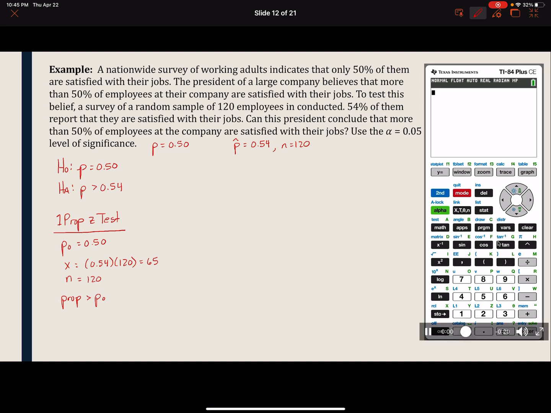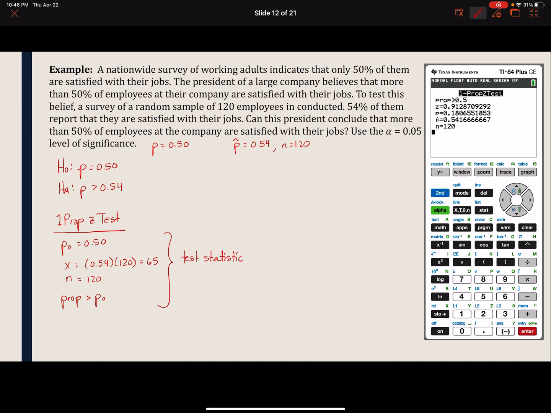All right, let's look at it here. So again, we're going to tests, and we're going to do the 1PropZTest. And you can see here that we have 0.5, and our count, our x, is 65 over 120, and we are using the greater than symbol, and then we're going to calculate. There is a draw feature here. I was going to look at it, but I might save that for future chapters. Right now, it's not really too important to look at that. I'll start it over. All right, so the true proportion, put in all the information,